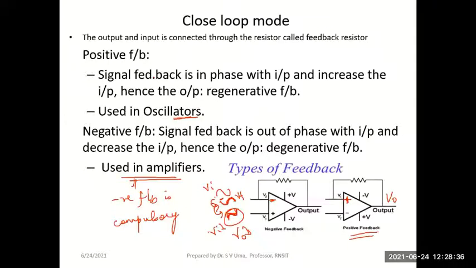Okay. And then we spoke about positive and negative feedback. Positive feedback is when the signal is fed back from the output to the input side in phase with the existing input. There is already some input, and whatever signal is coming back through the feedback circuit will be given in phase, meaning it will add to the existing input and create a much higher output voltage.